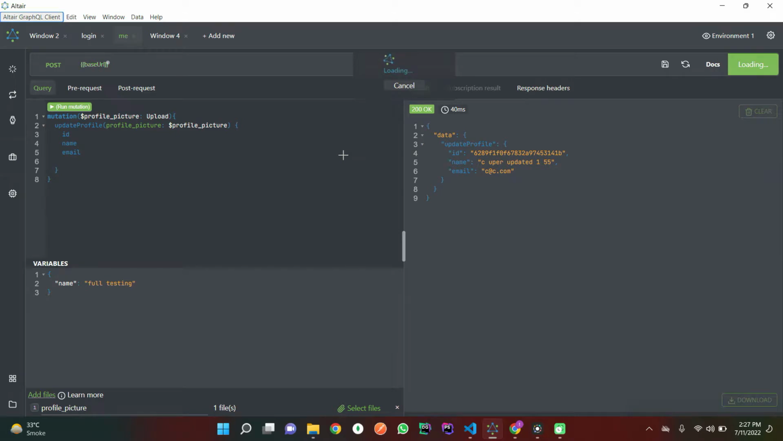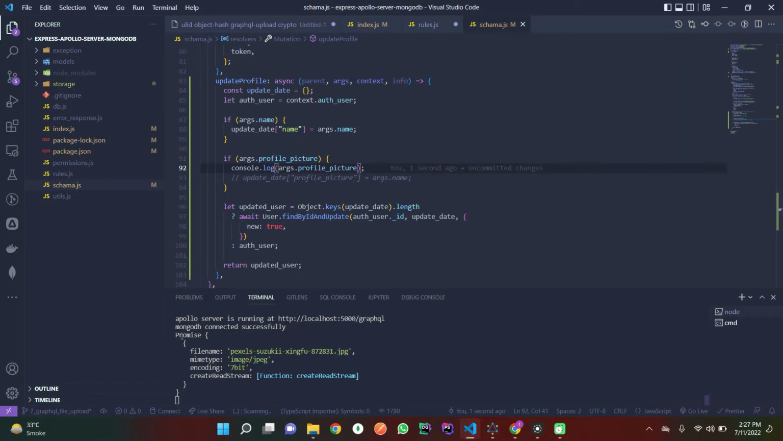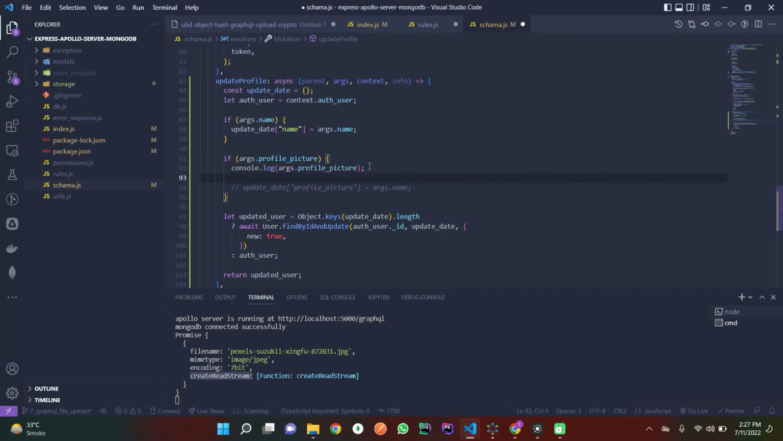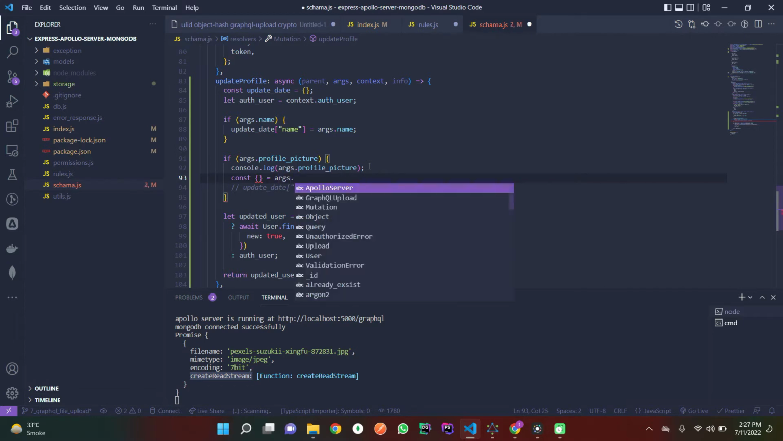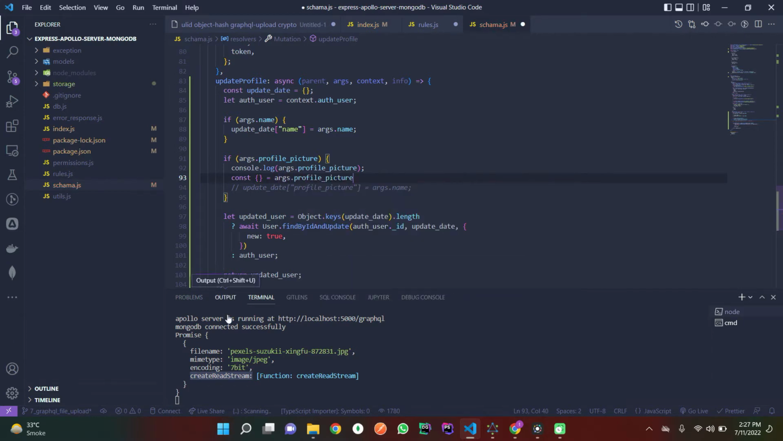Okay, when I upload, as you can see, we have received the promise which contains the file name, mime type, encoding, and creates a stream of bytes of our file. So it is a promise, so I am going to resolve this promise. Const out dot profile picture, and I am going to get all these keys,